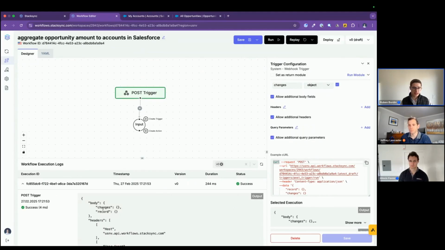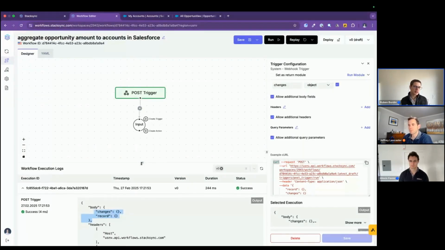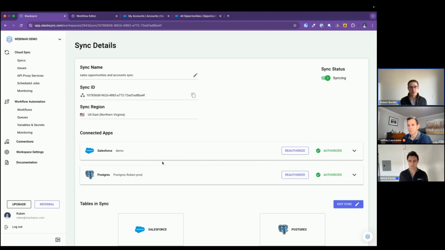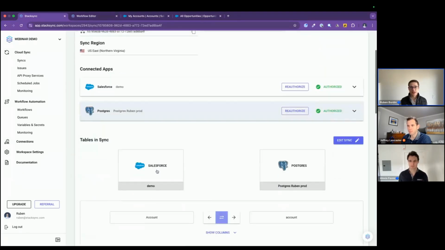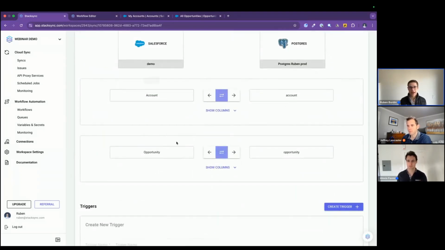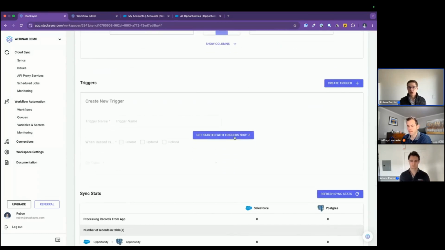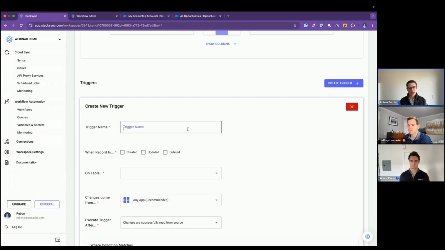And you can see here I sent two empty things. So now we're going to ask, hey, Stacksync, please trigger this workflow, but with the real data out of my sync, not only just dummy data out of a terminal command. So I'm going to copy paste this command and I'm just going to add it here into my sync. So if I go back to my sync, which I just created before with accounts and opportunities, I'm just going to create a new trigger, which is going to say, send new